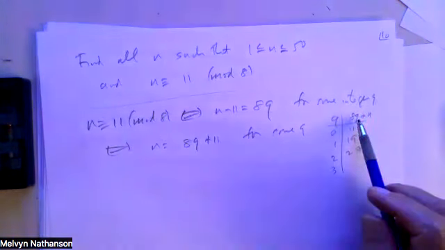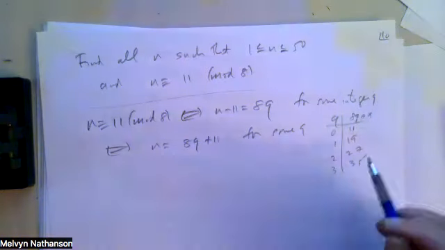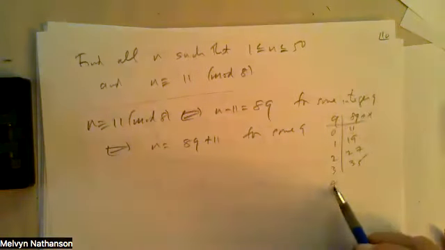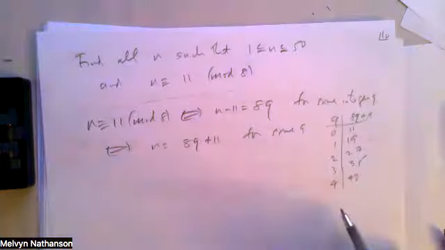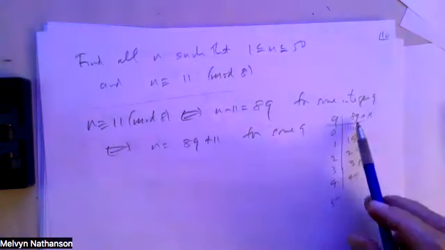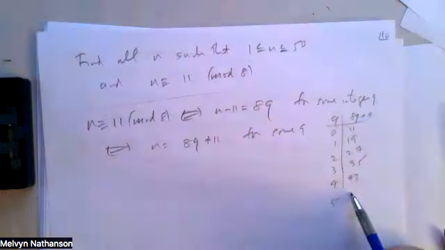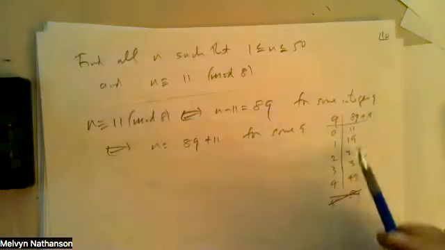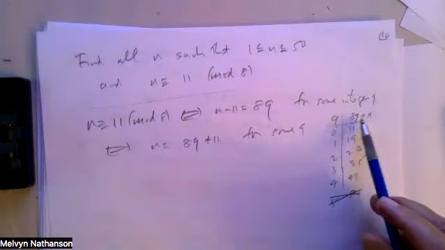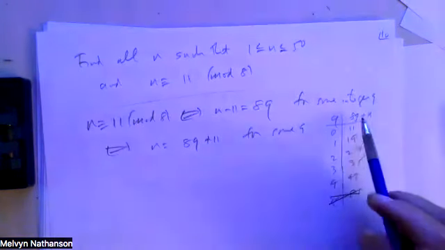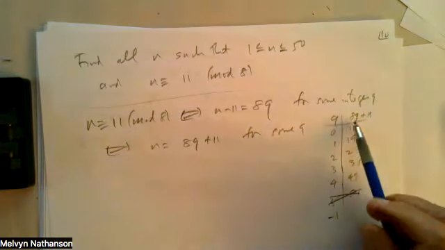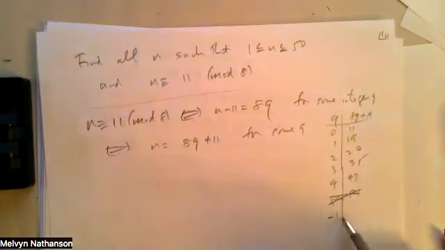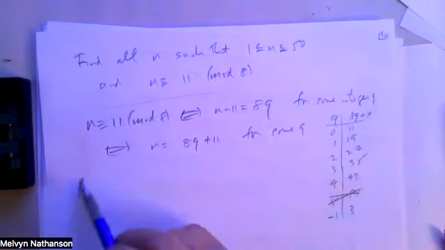When q is 3, 24 plus 11 is 35. When q is 4, 32 plus 11 is 43. When q is 5, 40 plus 11 is 51. That's too big. So these numbers certainly satisfy it. But in fact, that's not all, because there's no reason to restrict q to being positive. If q is minus 1, minus 8 plus 11 is 3. So that's also good. So the answer